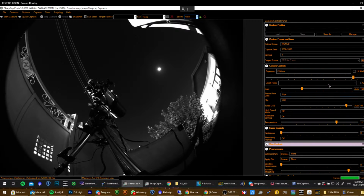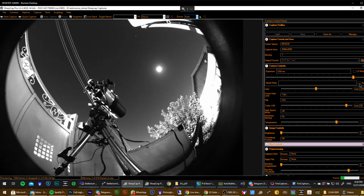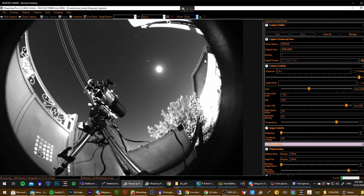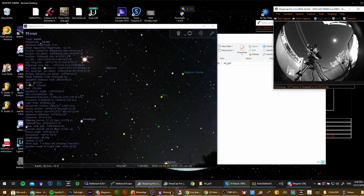You can even do some longer exposures and try to see. Yeah, okay. So you see all these stars. The reason we are able to see them is because the atmosphere is very clear. Because on a regular night where the humidity is too high, the moon creates this haze over everything, and so you can't see anything. But this night is pretty clear. Okay, it's finished. Closing this one,